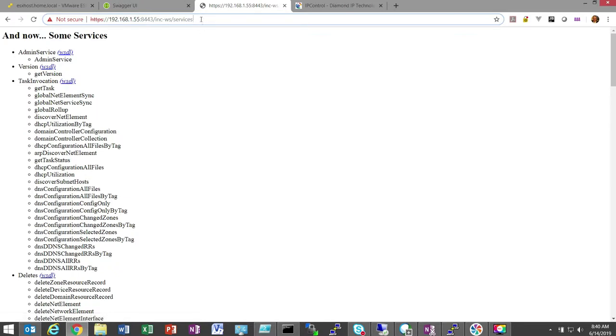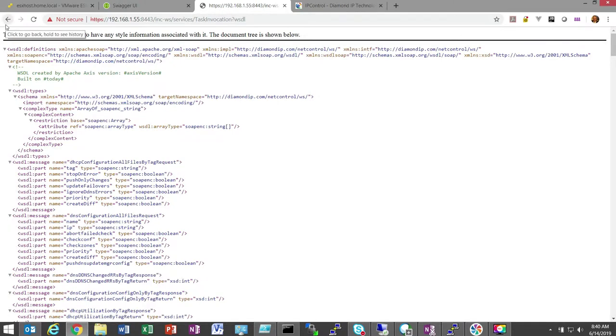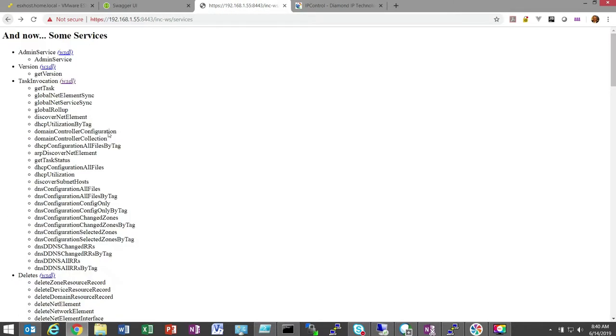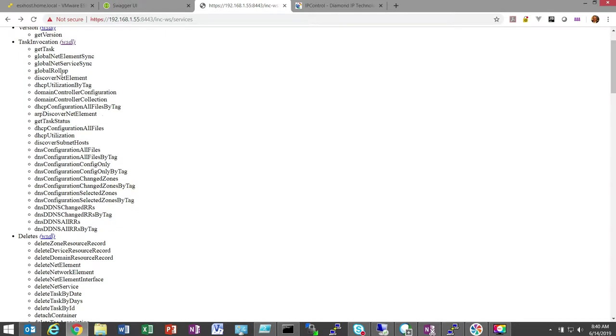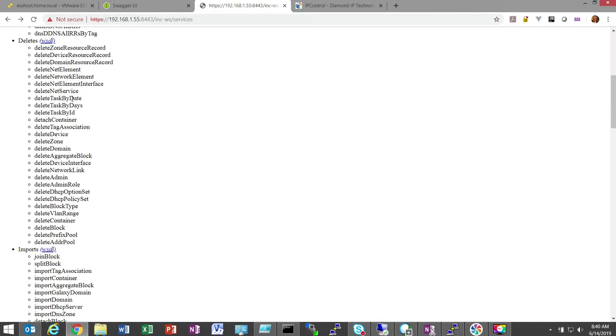And if you navigate to the XML page and click WSDL, you'll see the actual XML structure and their JSON or XML components. So within the task, you have then various methods. These methods are mostly verbs, where we're going out and doing things where we can get the task and do other things, right? So the task invocation namespace, we then have a delete namespace for deleting IP